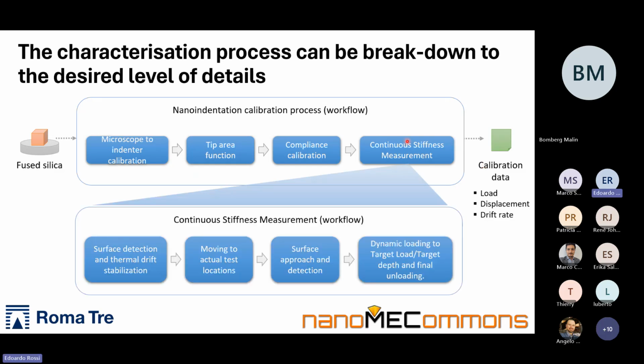Again, the continuous stiffness measurement with a higher granularity. When we speak about granularity, we mean that every definition itself can be expanded to several other sub-definitions. In the continuous stiffness measurement, we have all the steps to acquire the data with the CSM, the so-called CSM mode. So you may ask yourself, okay, but now that we're speaking about ontologies, how can we clearly define the